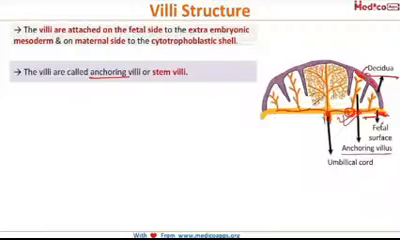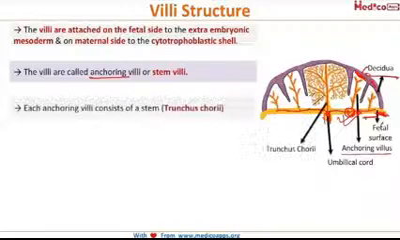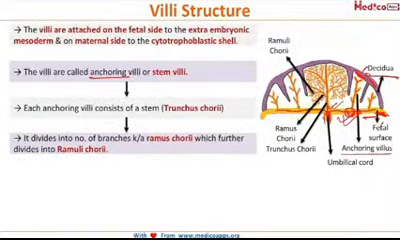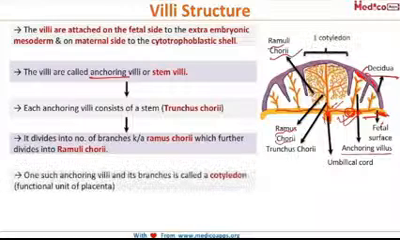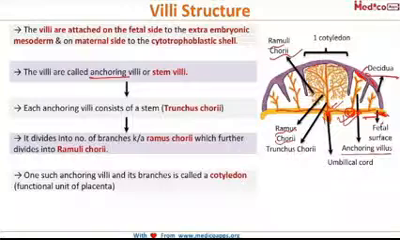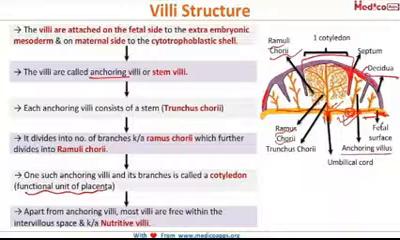Now each anchoring villus consists of a stem which is called truncus cori, and this divides into a number of branches called ramus cori, which further divide into the ramuli cori. And one such anchoring villus along with its branches, this complete thing is called one cotyledon, which is the functional unit of the placenta. And apart from the anchoring villi, most villi are free within the intervillous space and they are called nutritive villi. And there was a question recently asked that what is a cotyledon, and the answer to that question was the